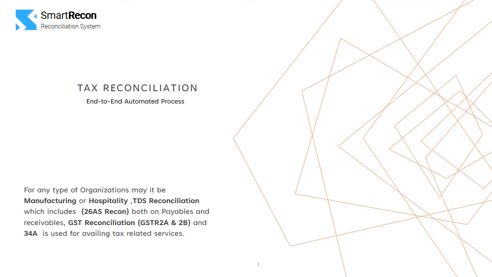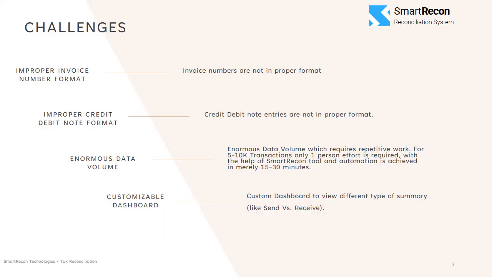Tax reconciliation. For any type of organization, be it manufacturing or hospitality, TDS reconciliation, which includes 26AS, SmartRecon, both on payables and receivables. GST reconciliation, GSTR-2A and 2B, and 3.4A, is used for availing tax-related services. Common challenges faced during tax reconciliation: improper invoice number format, improper credit/debit note format, enormous volumes of data, customizable